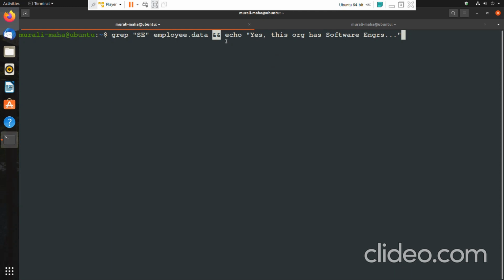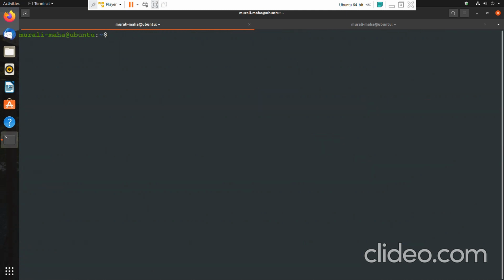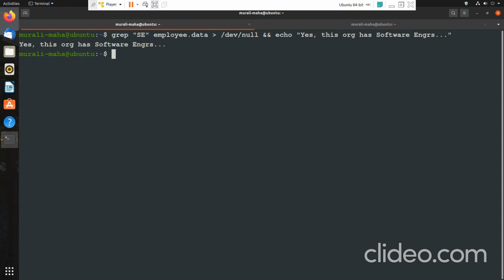Now let us see. Yes, it has matching patterns, and hence finally it is telling: yes, this organization has software engineers. But I want to suppress the output of grep. Then I can redirect the output to /dev/null. This is one way of suppressing the output of grep. Yes, this organization has software engineers.